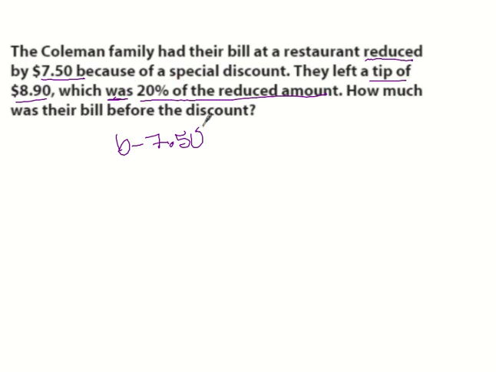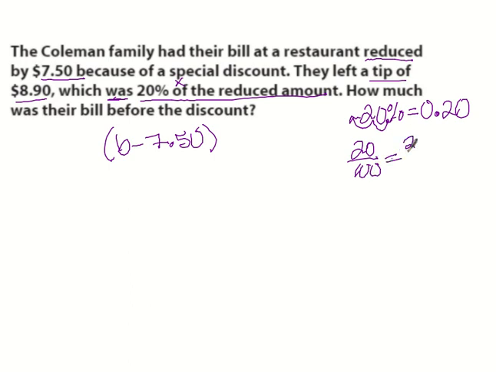Of the reduced amount. So remember, of means multiplication. And so we need to take 20% of the reduced amount. Now, for percentages, we cannot use them mathematically unless we change them to a decimal. So remember, to change percentages to a decimal, we just move it twice to the left. That's because they're all out of 100, right? And so that's where we can get that from too. So we're going to take 2/10 and multiply it by the reduced amount, which is the bill minus $7.50, and that's going to get us